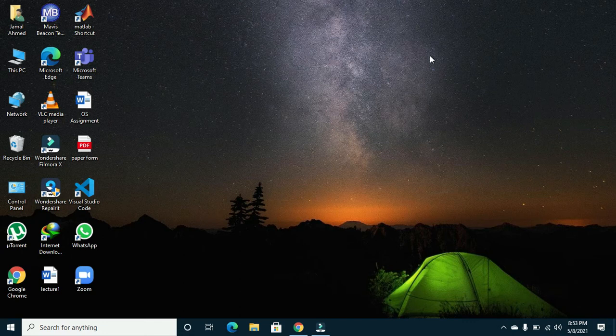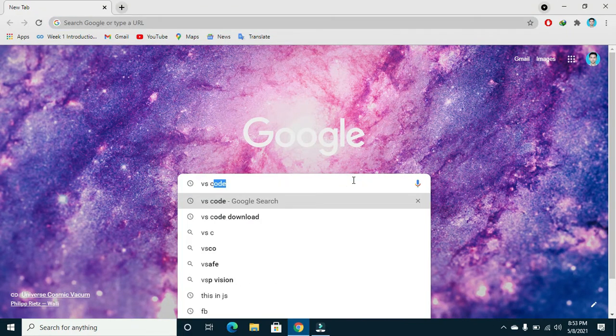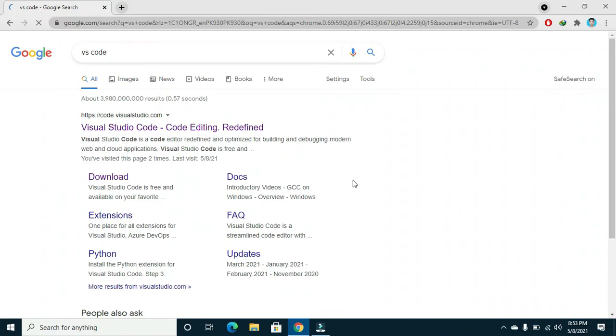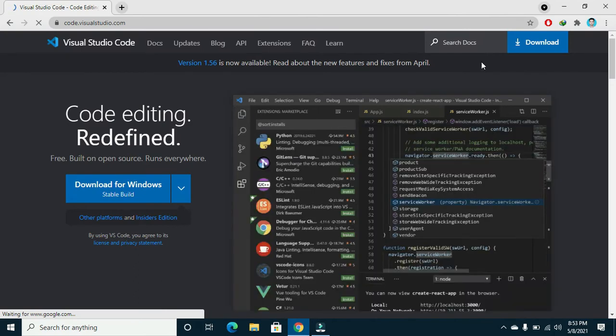Okay, so first of all, without wasting time, let's just go ahead and download VS Code Editor. For that you can go to any browser. I am going into the Chrome browser and just type VS Code and press enter. You will get this link. Just go into that and go into the download part,